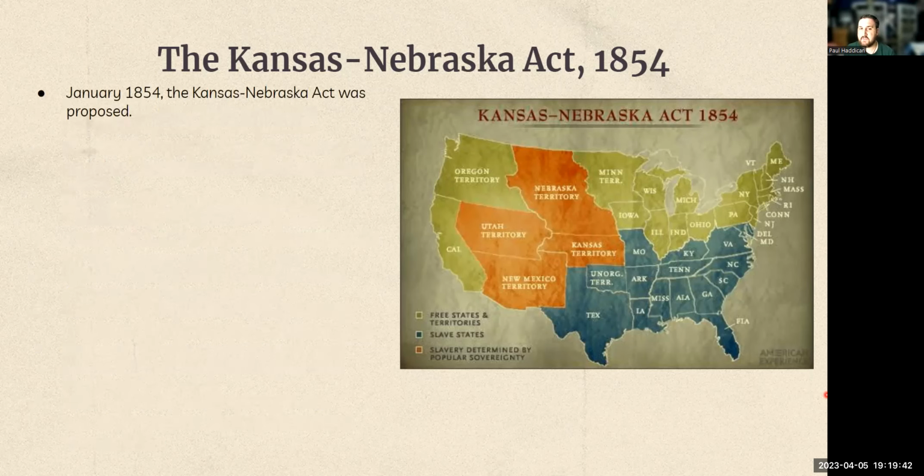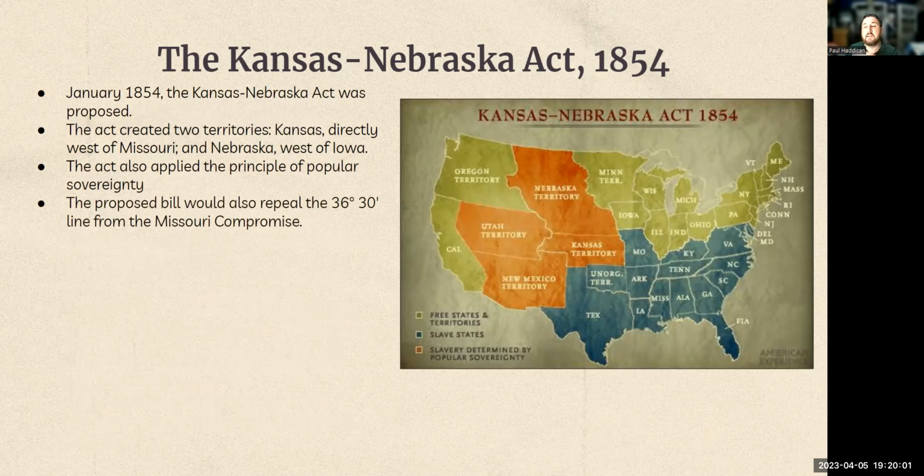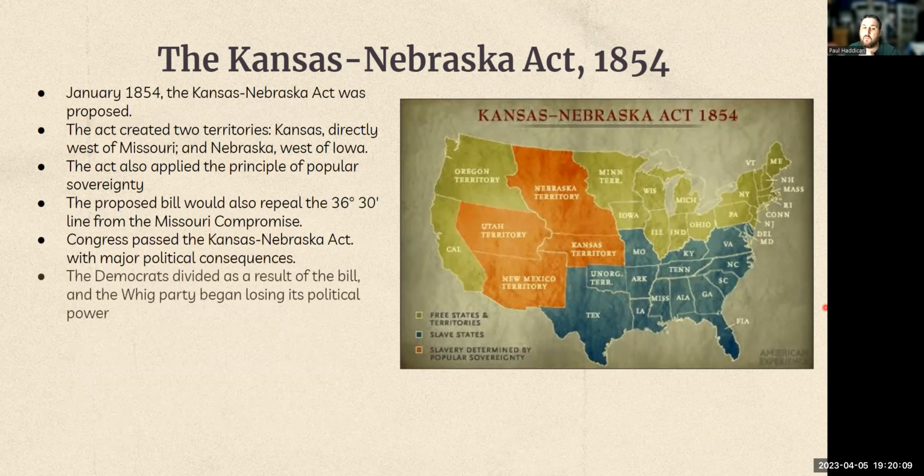And then in 1854, the Kansas-Nebraska Act is proposed. Now, why does this happen? It creates 2 territories, Kansas and Nebraska. So this is the rest of that undefined territory that we saw when we first got the Compromise of 1850. It's also going to apply the principle of popular sovereignty. It's going to get rid of that Missouri Compromise line and just give them the same thing as well, right? Congress will pass the Kansas-Nebraska Act, and what happens is that the Democrats divide as a result of the bill,